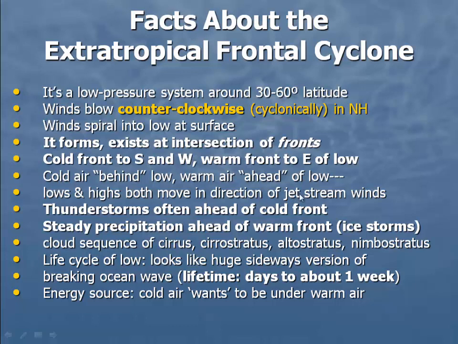There will often be thunderstorms ahead of the cold front prior to its passage. A lot of times, as we've seen in fronts and air masses, as these cold fronts advance, they lift warm, unstable air ahead of them and can form convection in severe thunderstorms. Oftentimes, there will be steady precipitation ahead of the warm front as the air is slowly rising up and over the cooler, more dense air. This is often why we get ice storms. The cloud sequence of warm fronts are often cirrus, cirrostratus, altostratus, nimbostratus, as we talked about in the fronts and